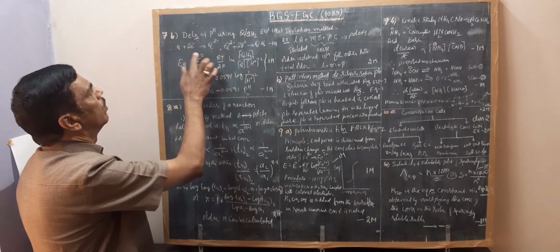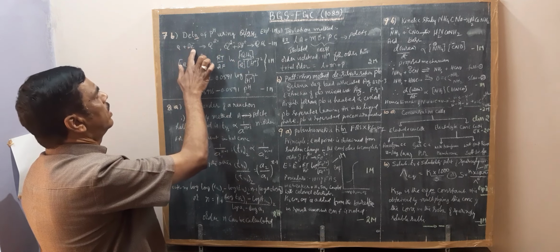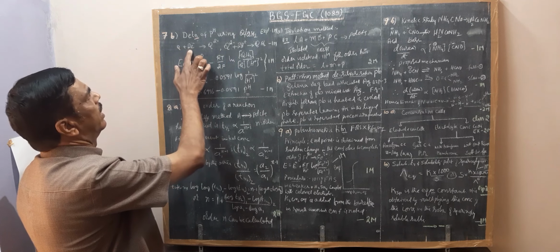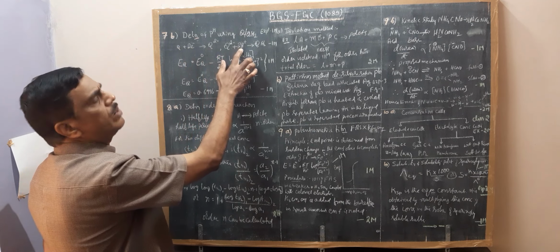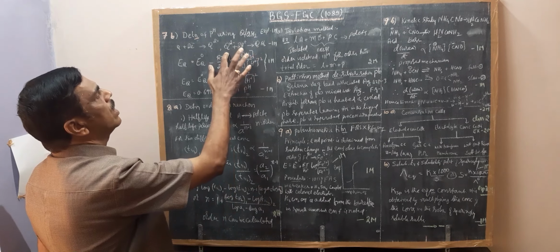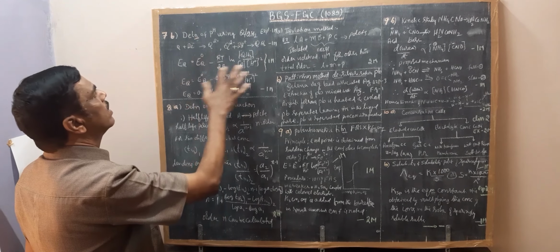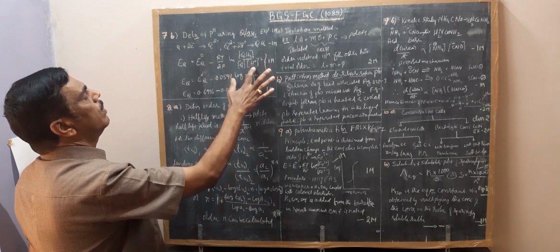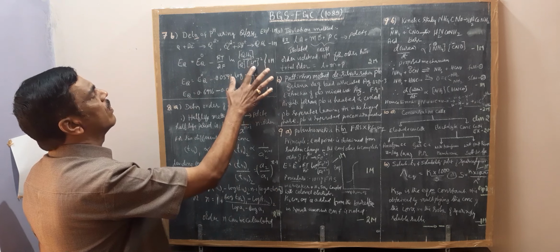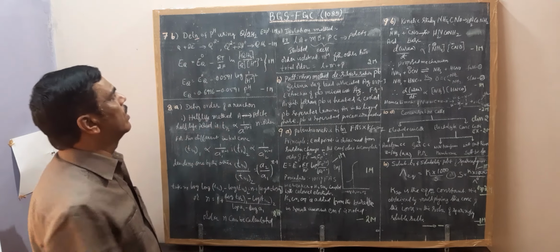Actually, the quinone undergoes reduction, taking the electrons, and it combines with H+. This is responsible for determining the pH of the solution. H+ is consumed by quinone to form hydroquinone. By applying this Nernst equation, in the denominator you will see the concentration of H+. Because of this, we can determine the pH of the solution.